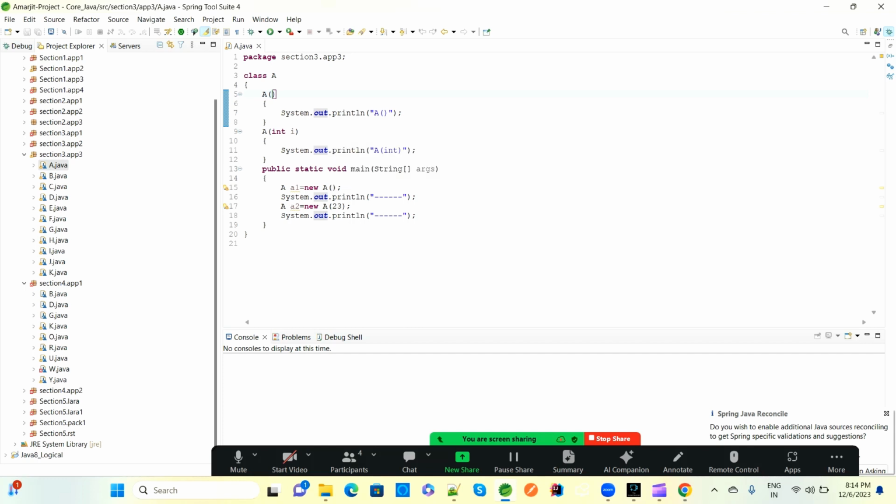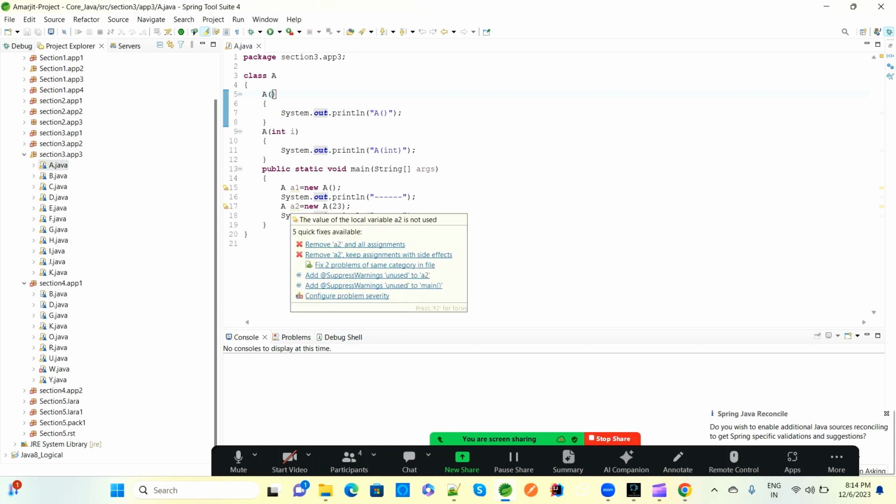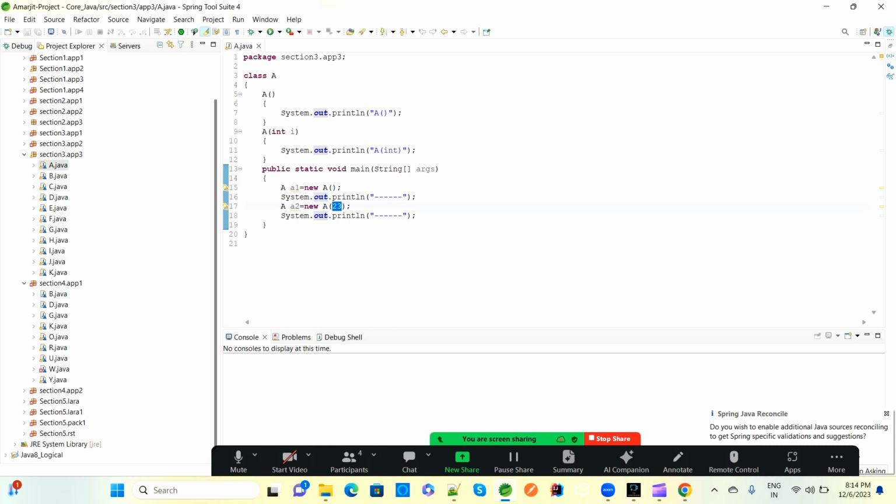Again a new object is created with an integer argument. The compiler will check whether we have any constructor which takes an integer type I. Yes, we have, so it will assign the value of I, this A int will print, and then the next one will print. So if we run this program,